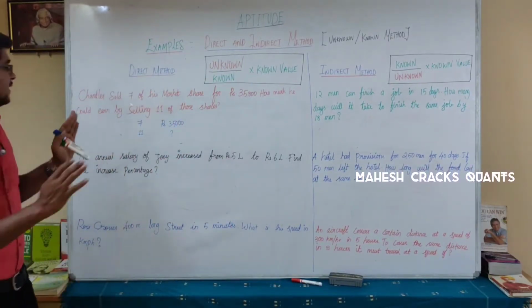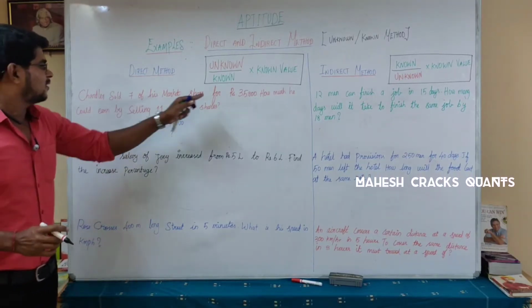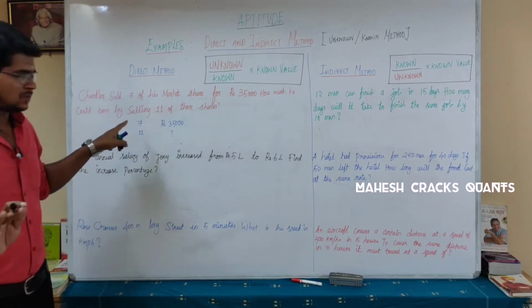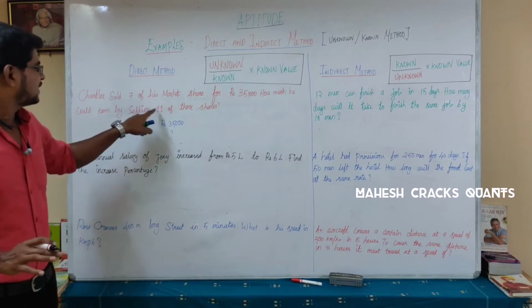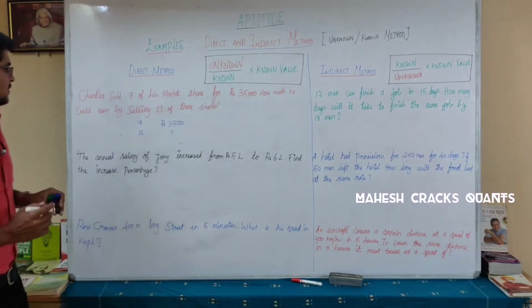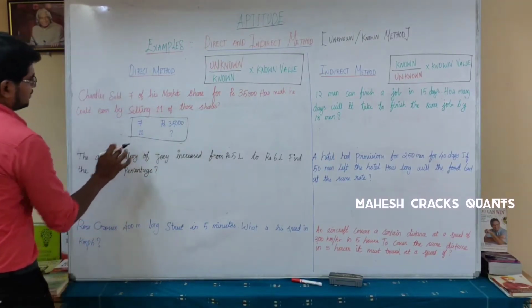You have to take the values and write them down like this. The first step is you have to take all the three values and write them down. There are three numbers in this question: 7, 35,000 and 11. 7 and 11 are the same type, which is nothing but market shares, and 35,000 is the rupees. So here we are with a box.